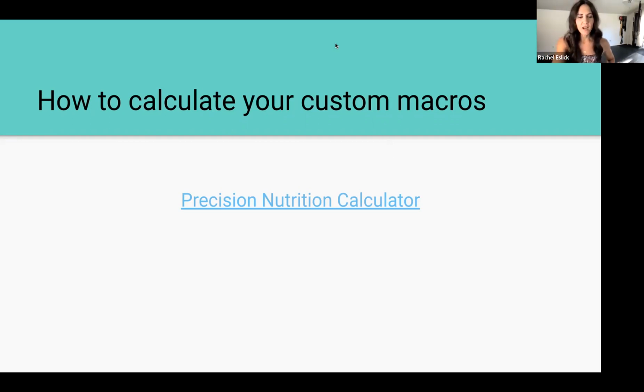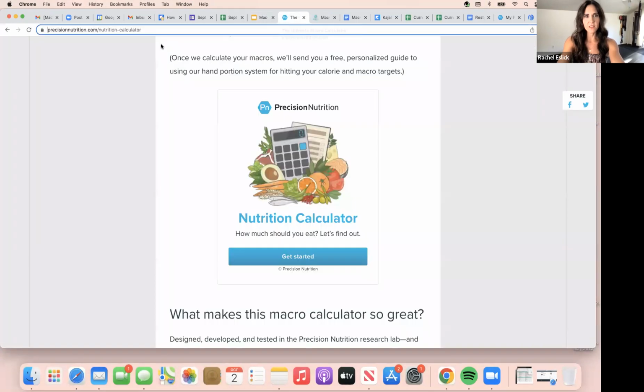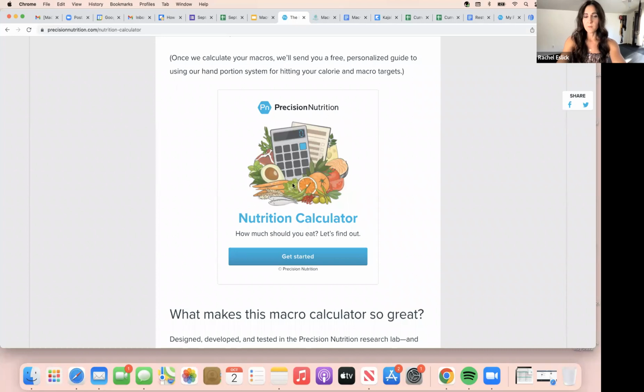Okay, so I am going to dump out of this and we're going to go to a calorie calculator, and I'm just going to pop this URL into the chat, you guys, because if you want to do it alongside with us, you can. But this is just available on the internet. I'm not more special than anybody else. You guys can do this too.